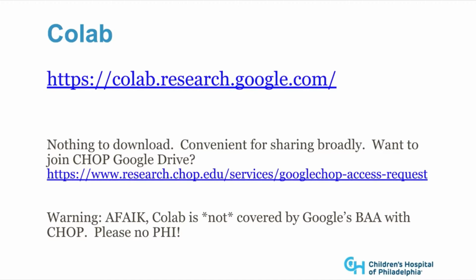One thing I will say: CHOP, as I said, does have a BAA with Google for Google Drive. And I checked today to see if anything had changed in what is considered HIPAA covered. So slides are HIPAA covered, docs are HIPAA covered. I do not see Colab notebooks being HIPAA covered.